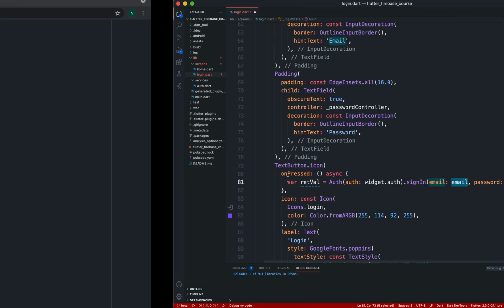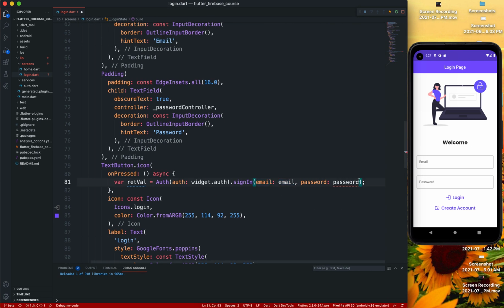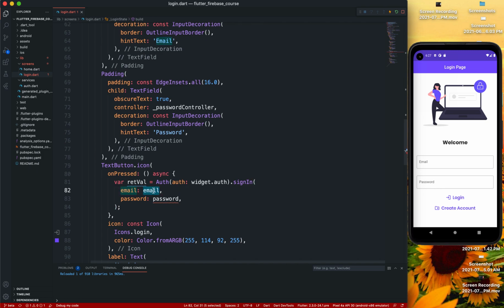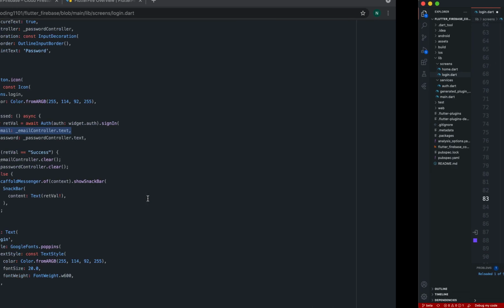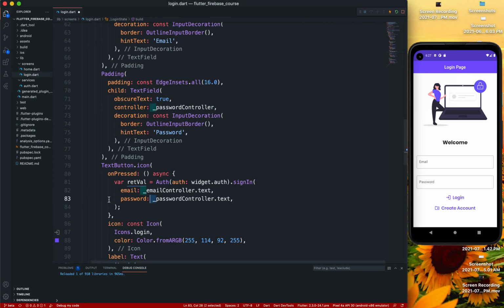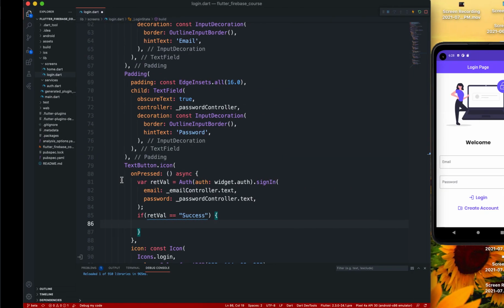Basically in here we are just getting the text of that. We had two controllers, the email controller, so we'll just get the text of that, and the same way for the password controller, the text. That underscore means it's a private field, and then we're going to get that. So if the return value is equal to success, then